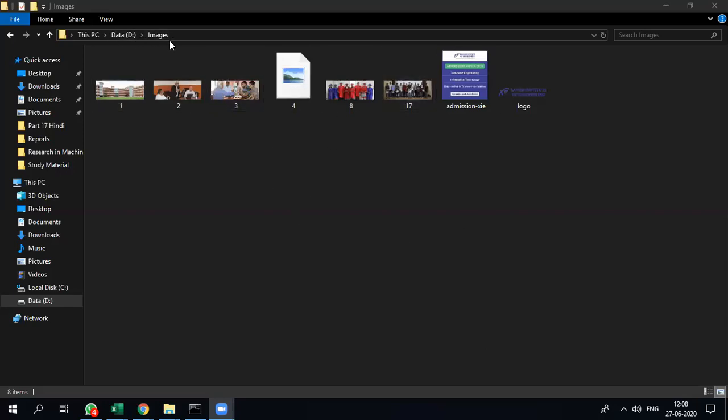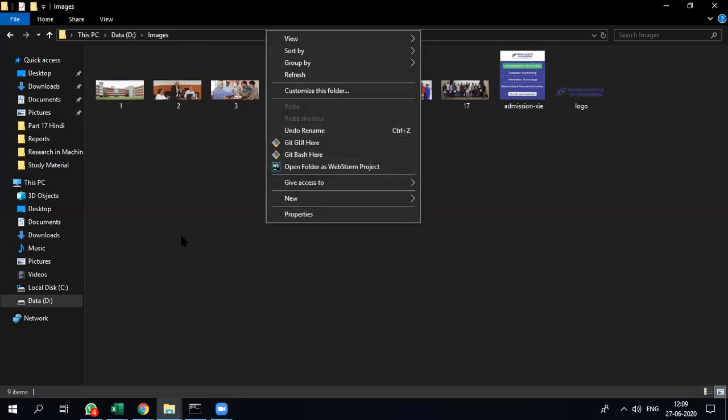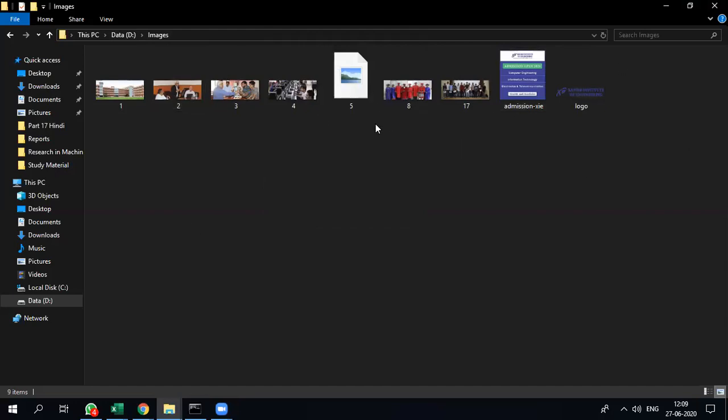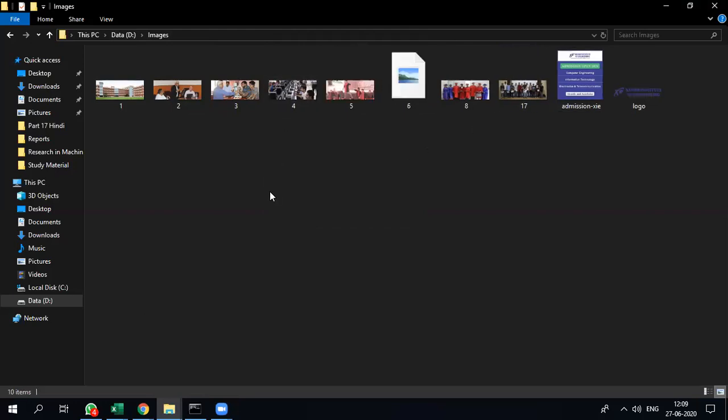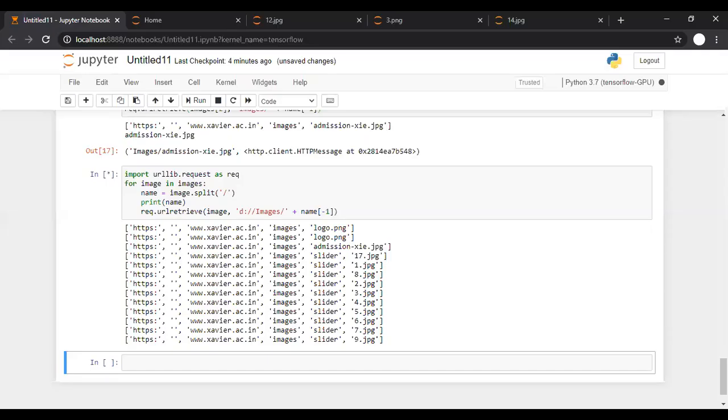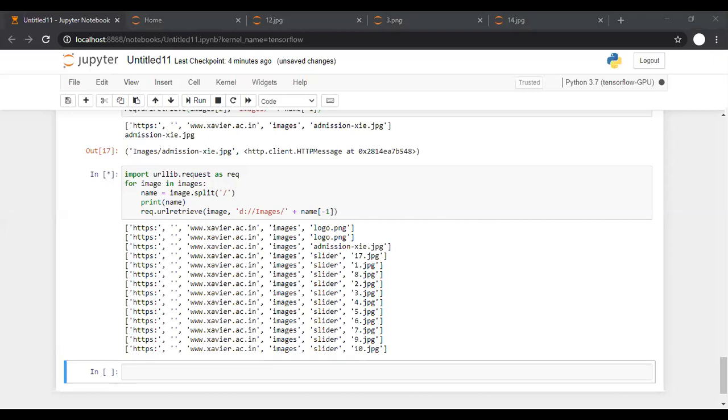This is the D drive folder in images, and images are getting downloaded. If images are getting downloaded in a particular folder specified by you, you can create a folder structure also. We have already seen the code now to create the folders and all. So you can create a folder structure also without any problem. So Henry, I guess I answered your query.